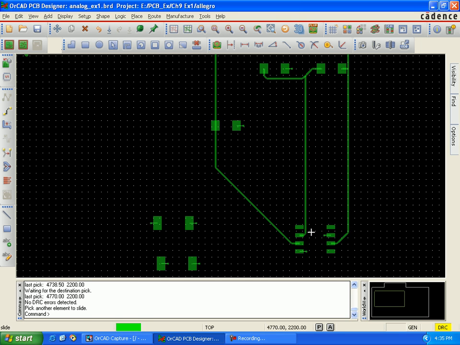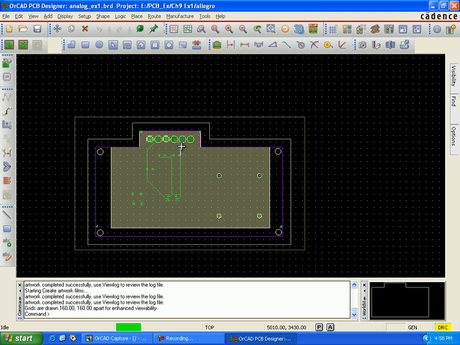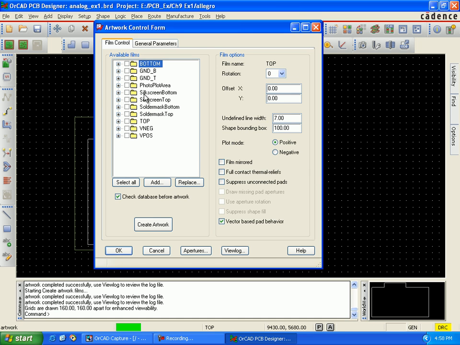We are on the top edge. Make it a little bit far. In the bottom,